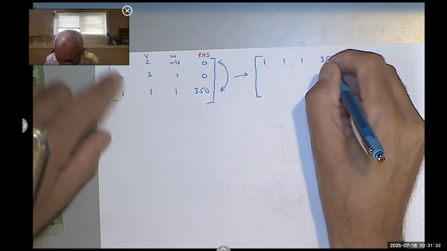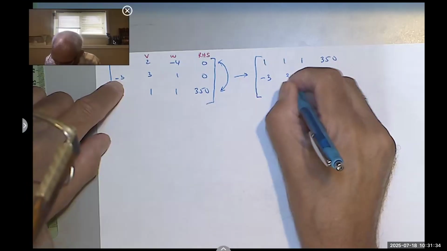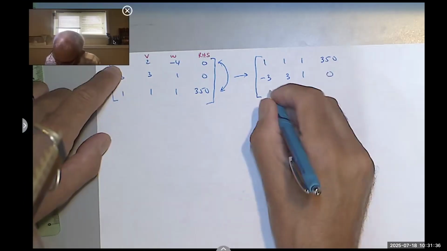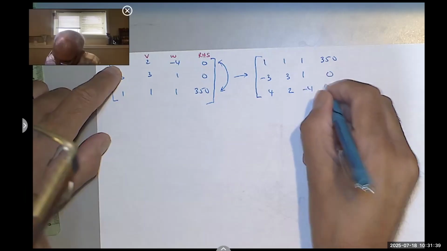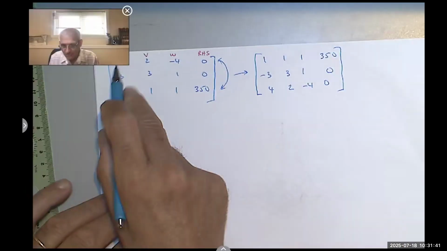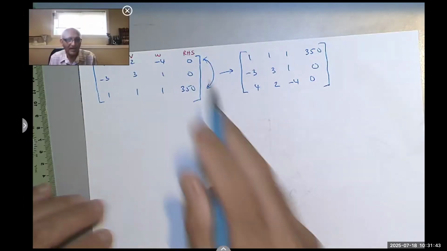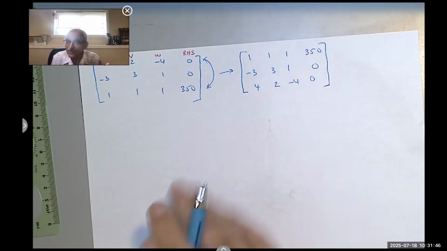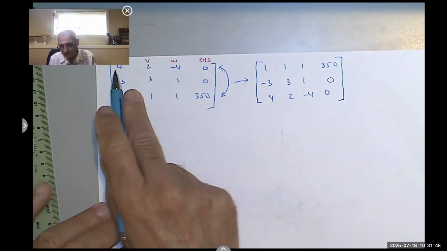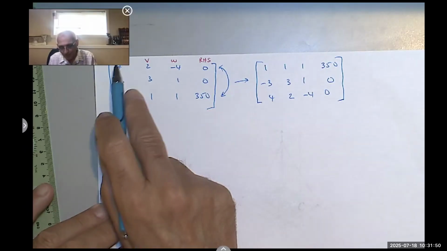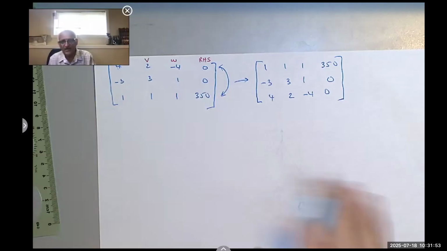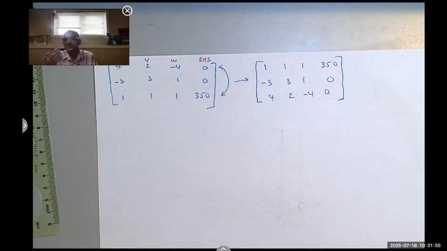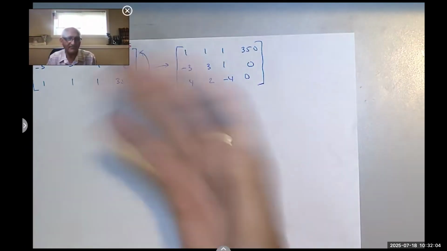350, negative 3, 3, 1, 0, and 4, 2, negative 4, 0. Instead of dividing this row by 4, it's easier, right? You don't have to do it. I still could have divided the first row by 4 and made it 1, 1/2, negative 1, 0. That's fine. I'm just showing you that sometimes we can use one of these elementary row operations even if it's not required,